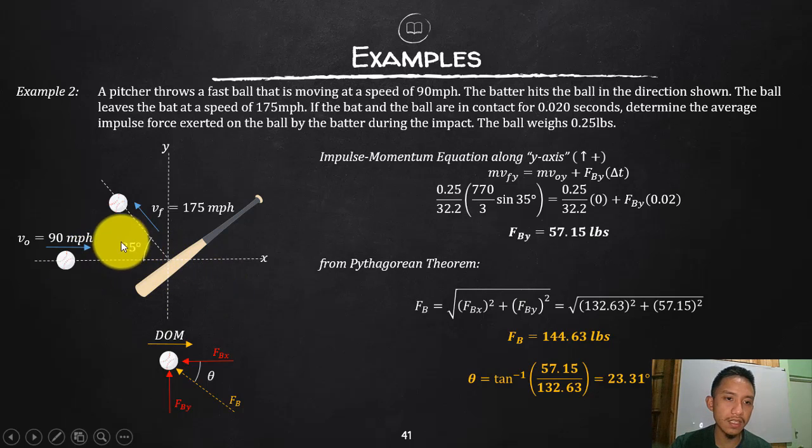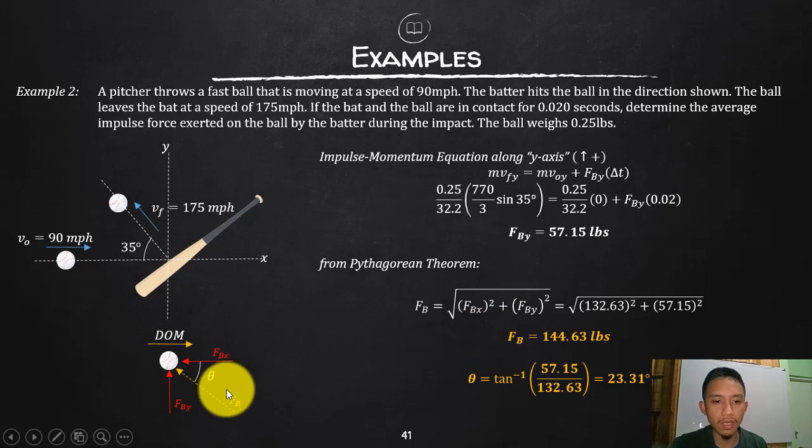It is, again, as I've said, not automatically 35 since your ball is originally in motion. If that ball is originally at rest and you try to hit it, the angle of application of force is the same as the direction of motion. But again, initially your ball is in motion before your bat is applied. So you will not expect that the incident angle is the same as the original angle of